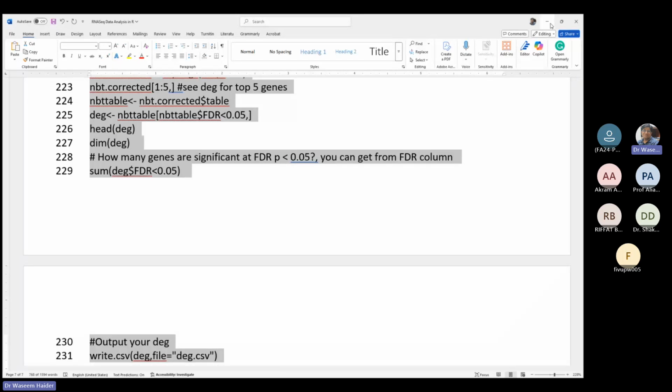So you can put the cursor here, for instance, the cursor is blinking. What you can do is Control R. When you do Control R, this code is then executed down there in the R console. Remember, we took the session on R and we talked about this thing called the console. This thing is your editor where you write your code. You can even save that code. You can do file, save as, and any name which you give, it will save with an extension